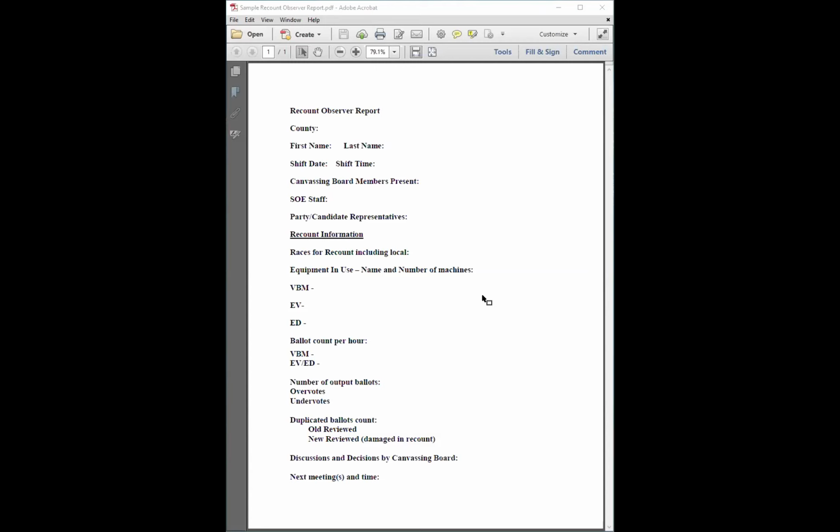Ballots can also be damaged in the processing and opening by the supervisor of elections. So you may have new duplicate ballots as ballots are being run through the high-speed scanners and the precinct scanners during the recount period. So you'll want to watch and observe the duplicating board do its work and how they marry up and confirm that they've made a true copy of the ballot.